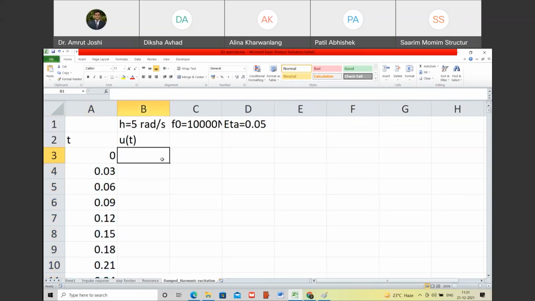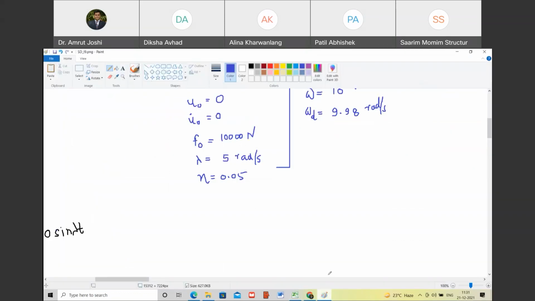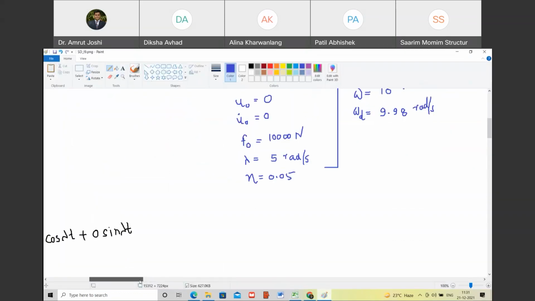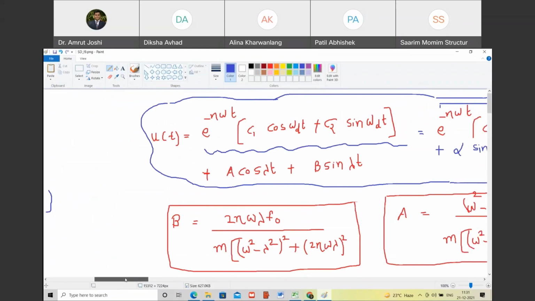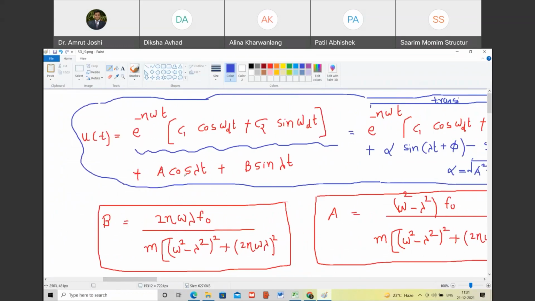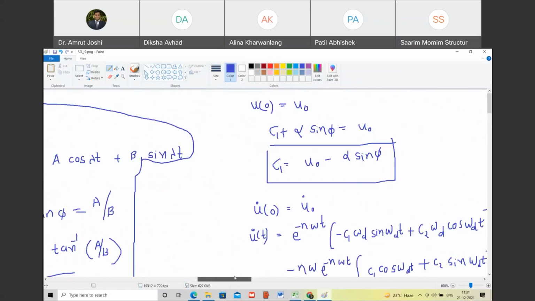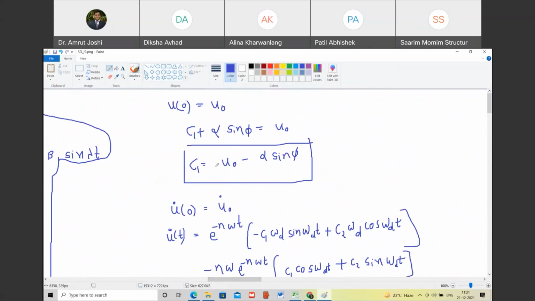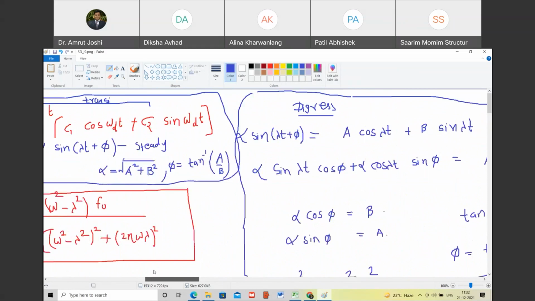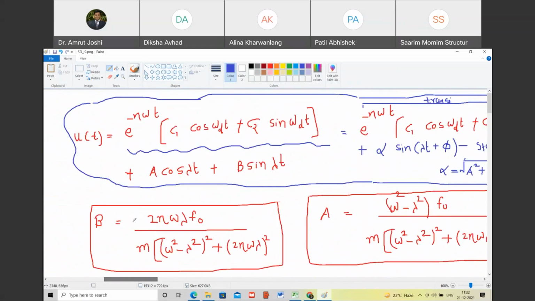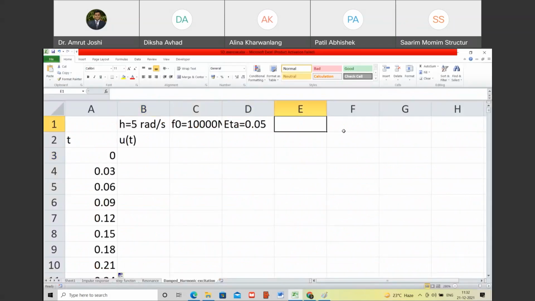चलो, किसी ने इक्वेशन लिखा है? Has anyone written down the equation? If not, okay, I will have to toggle between these two screens. Okay. E raised to minus eta omega. Achha, what is the value of C1? Let us calculate value of C1 and C2 separately. So to calculate that, I will have to calculate value of A and B. So I will calculate it.